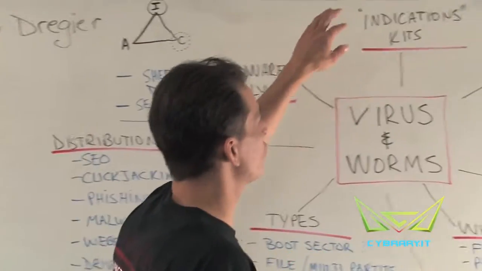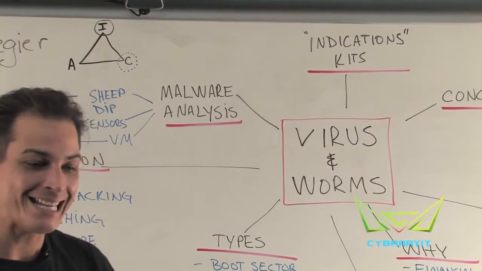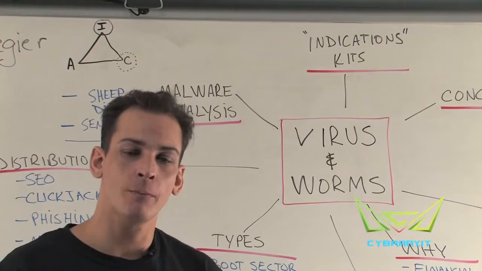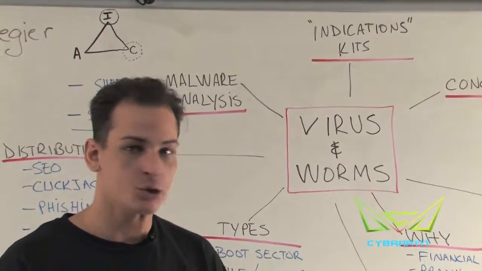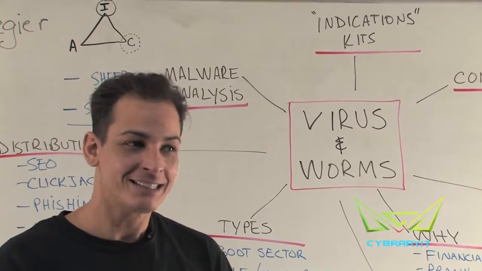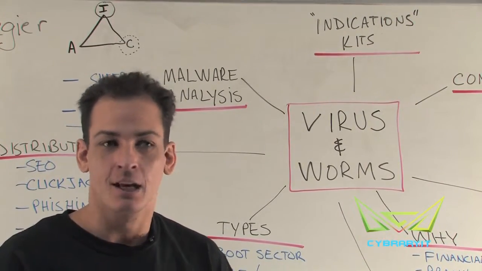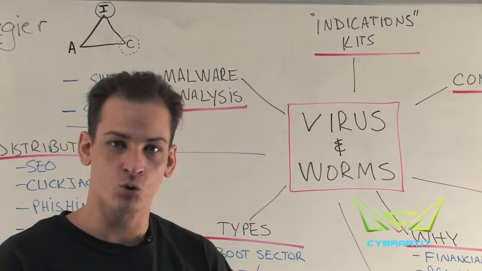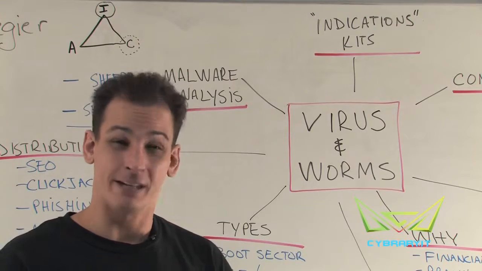Let's go on to indicators. If you want to know the indicators of any virus or worm, use a tool. Use these construction kits, because you can literally point and click and see things like change your right and left mouse buttons, open and close your CD-ROM drawer, display funny text on the screen, flip your monitor, right? So if you want to learn